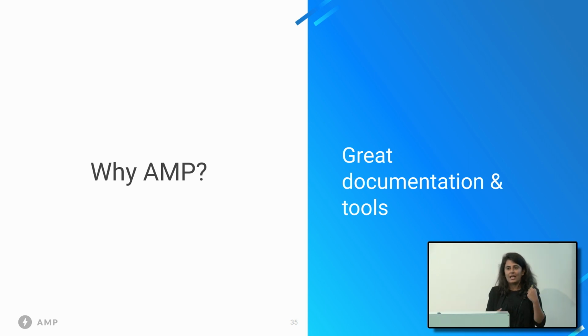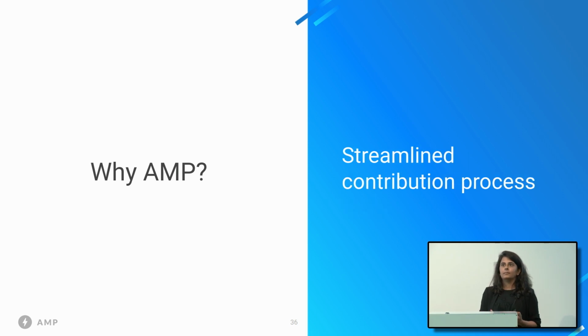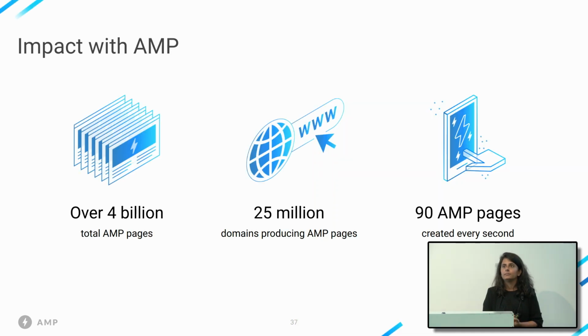Because we pride ourselves on having great documentation and great tools that we evolve as we add more contributors to the AMP code base. And we hope that we also have a streamlined contribution process where you don't have to learn that much to get started. The tools are easy to use, the tools are straightforward to understand, and you can go from cloning the project to having a PR as soon as possible. If you see any ways that you think you can improve this, again, file an issue or talk to the people who are actually working on the infrastructure team to see if you can help improve the process.